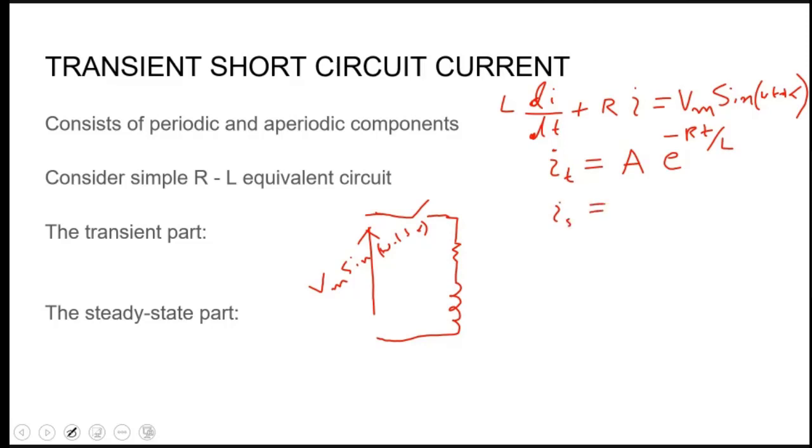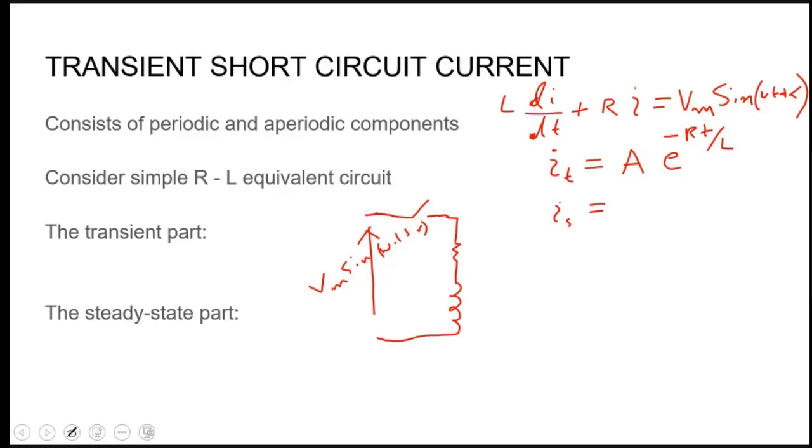Steady state portion, how does it look for this circuit? A into bracket 1 minus e to the power minus t by tau? Why 1 minus? As initially it is 0 and in the final state it is a constant value. No, no, it is an inductor. It depends on the initial and final conditions.